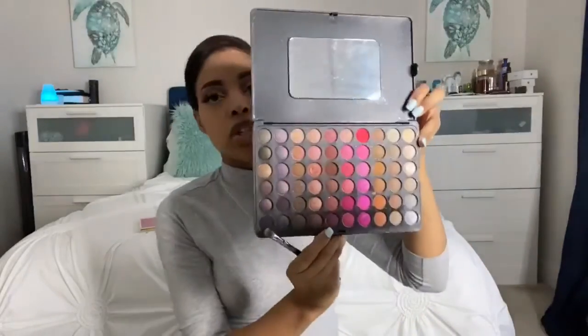I'll show you guys real quick. It's just this shade right there. I'm just going to smudge that underneath the waterline. And yes, you do need to take your time for this part. And that's really, really pretty. And you kind of just want to connect it up into